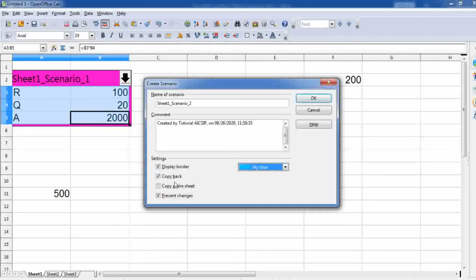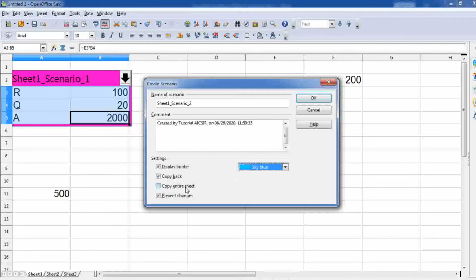Copy back. Copy back means if you have changed the value and you want to see it in that particular scenario, for that reason you have to copy back. Otherwise, when you select the scenario, values won't come. So the copy back option is given, and that must be selected. Then copy entire sheet. This option is not selected by default because we are not going to copy the entire sheet.